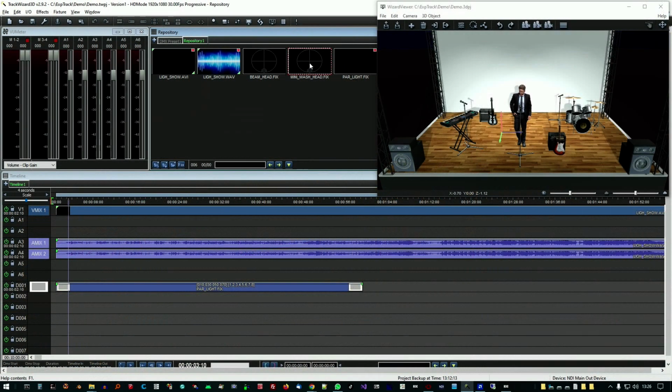We continue the editing of the lights by adding the rotating heads that illuminate the various elements of the scene with dedicated light spots.